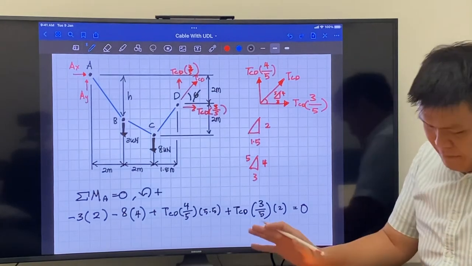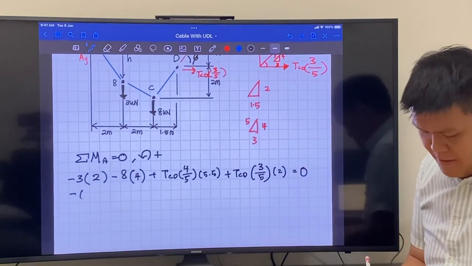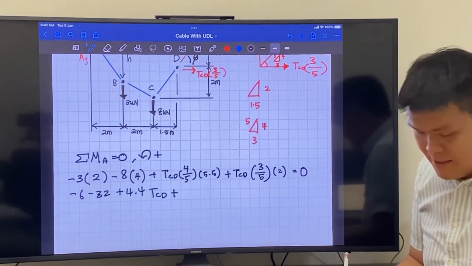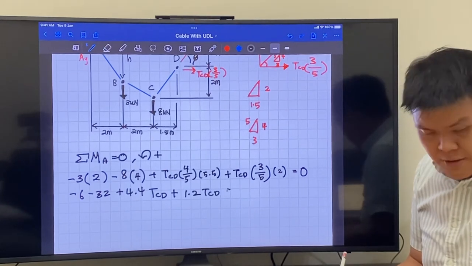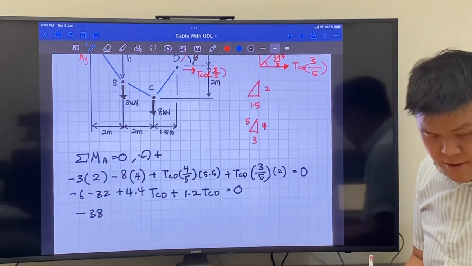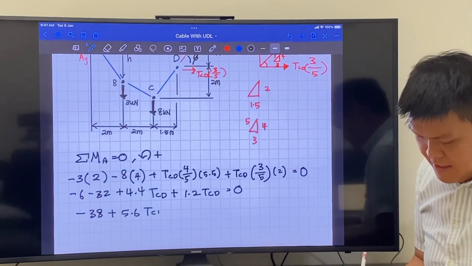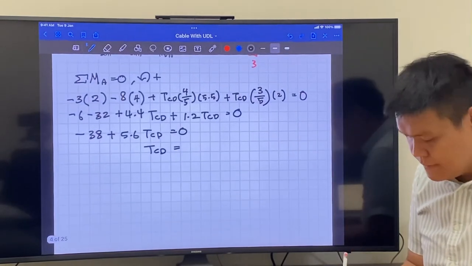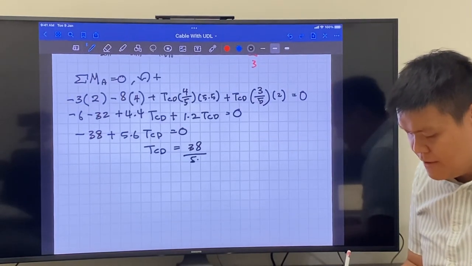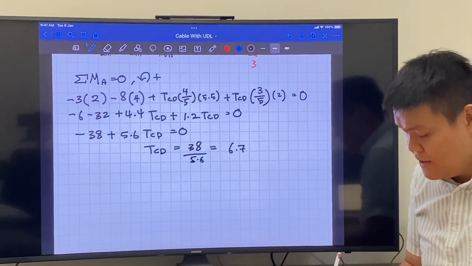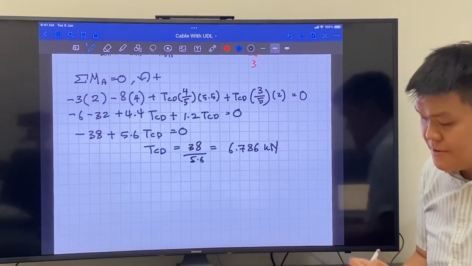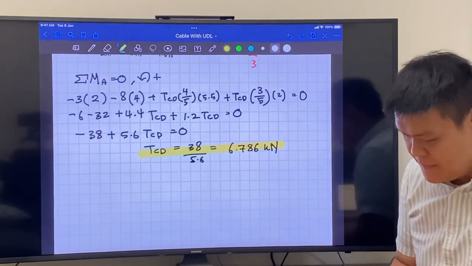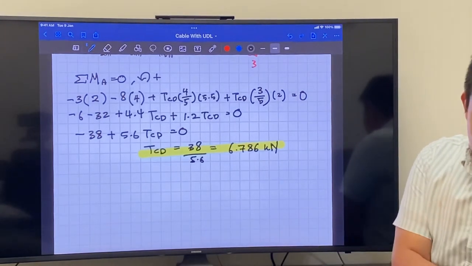Now, multiplying all these out, we get -6 minus 32 plus 4.4 TCD plus 1.2 TCD equals 0. So -38 plus 5.6 TCD equals 0, and TCD goes to 38 divided by 5.6, which gives us 6.786 kilonewtons. So we have just found TCD. Okay, now we can move on to